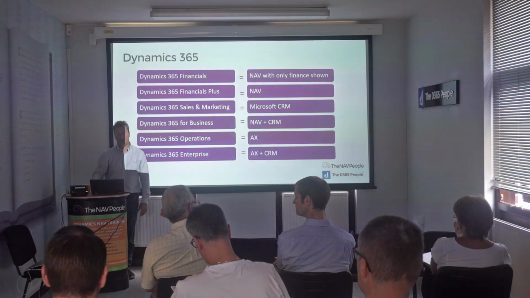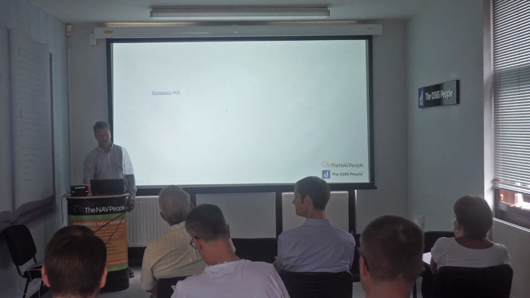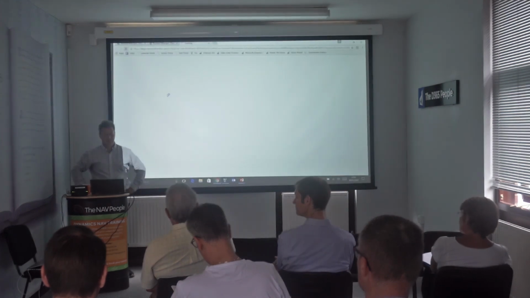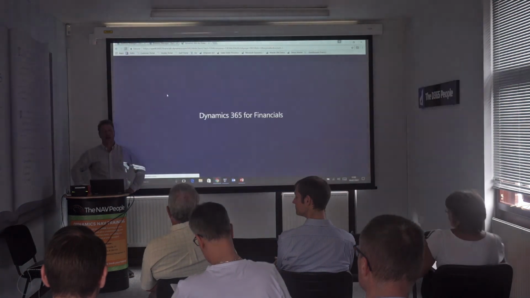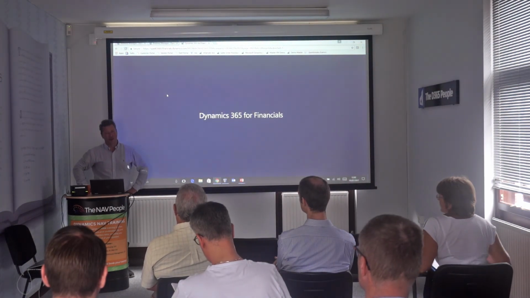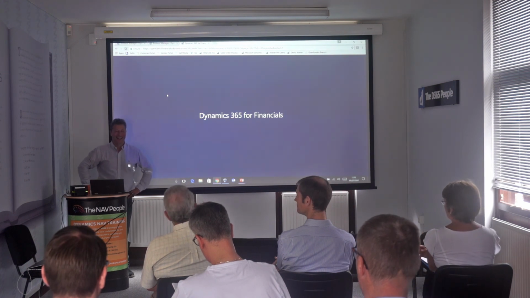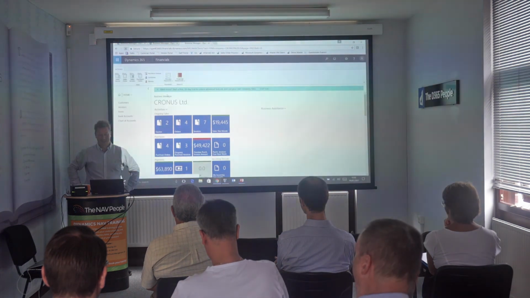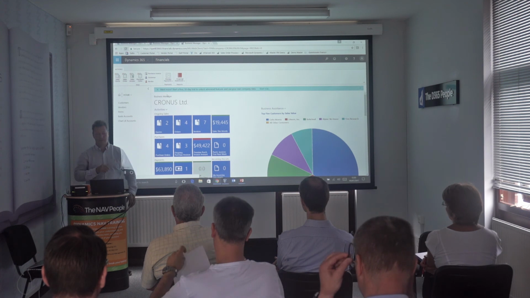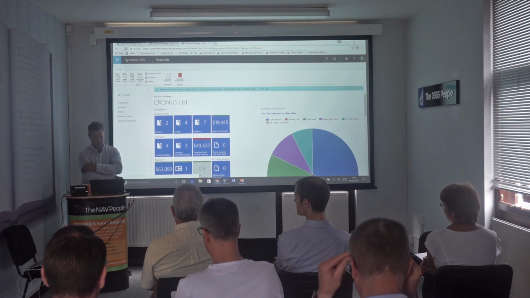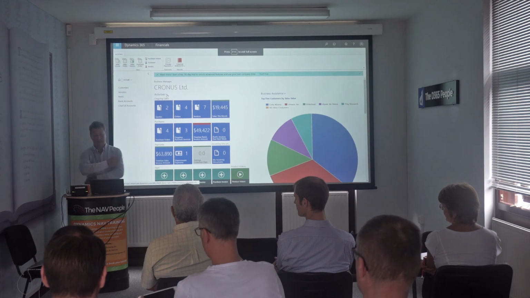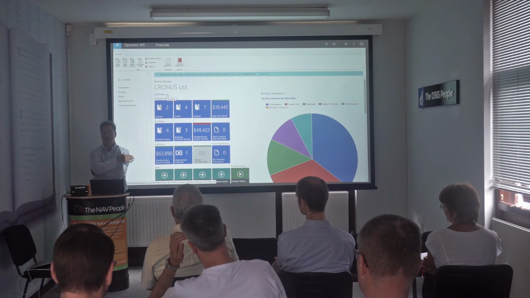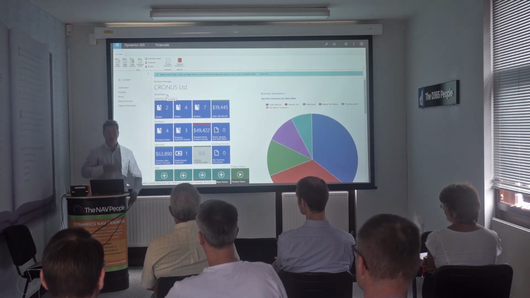That's quite true. It was presented as CRM being essential, but you could have AX as well. I think the problem is you could go to another event with a different Microsoft guy and get a different story. I don't disagree. I've seen exactly the same. And it is part of the problem that they're trying to go with partners, because as Ian said, the problem you have today is we'll talk about ERP because we're ERP people, and CRM guys will talk about CRM. What Microsoft actually want to talk about is Dynamics 365. In fact, they'd rather just talk about Microsoft 365, not even Dynamics 365. Be very generic: you should use Microsoft stuff.